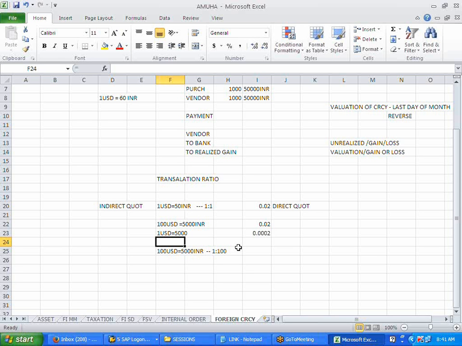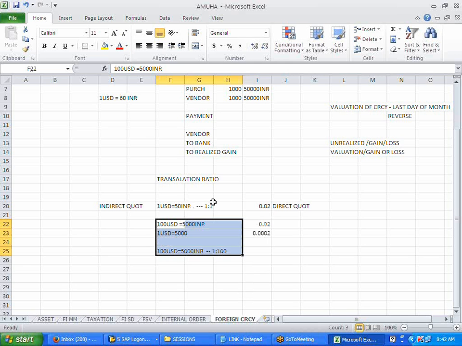So there will be a fluctuation in the rate if it does not take, right? In order to compensate for that, your translation ratio will help you. So in such a situation, I'll put the translation as 1:100 like this, for the conversion factor. Forget about this, I don't think till now I've used all this conversion. I'm just trying to explain. It will always be 1:1 only. Maybe if you go to the Zimbabwean currency, there will be huge fluctuations.